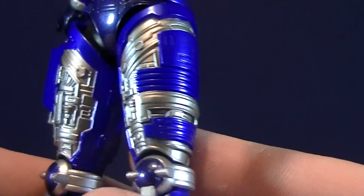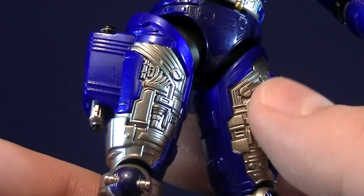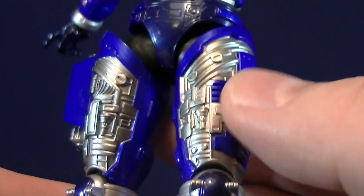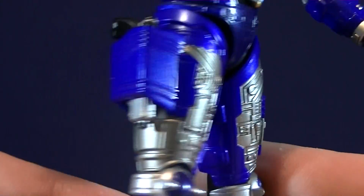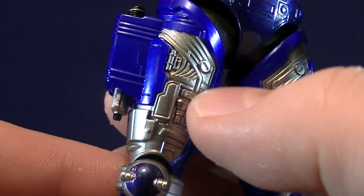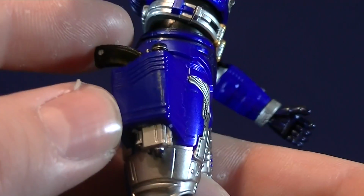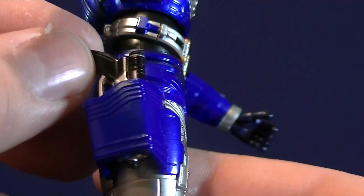Then moving down the legs here, there's a lot of very nice sharp edges inside these details for the legs, which might be nice to see with a little bit more color, but it's pretty much accurate to the TV show, so I'm not going to really give it any notches, just because it's still a lot of awesome molded details in here. And over here on the right side, you get his holster for the Input Magnum slash Sonic